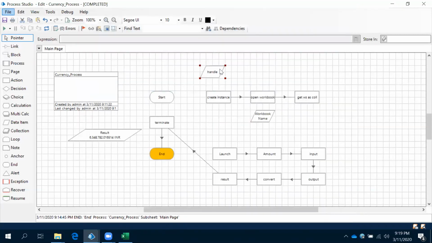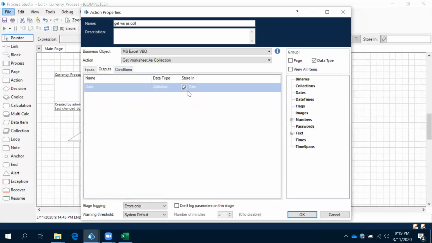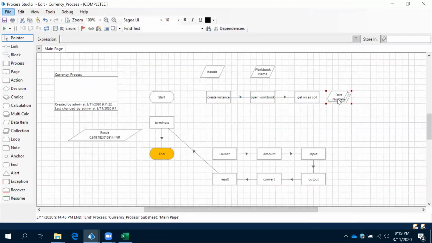After that, it will get the data into collection. Come here, the same name, Sheet1, where you have the data, Sheet1, fine, and then output, let's create data. Okay, now what it will do, it will pull all the data from that Excel file and then give that Excel data into this collection.